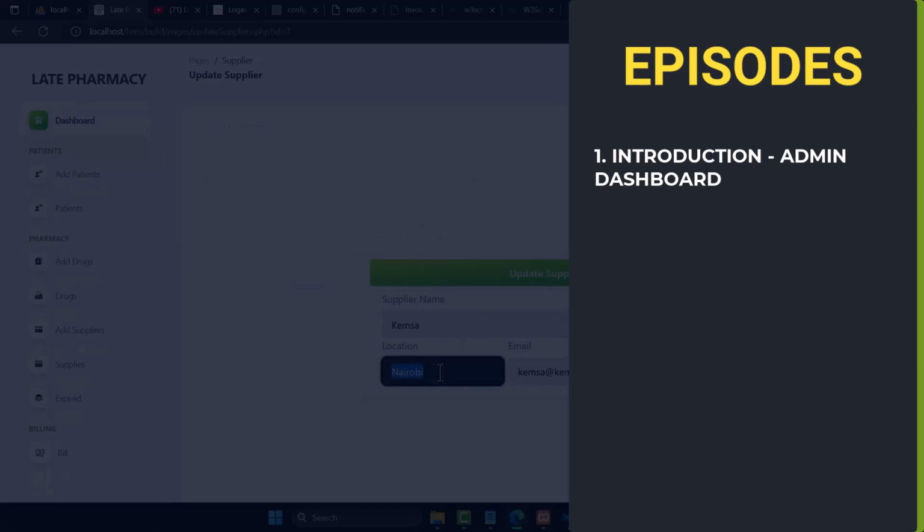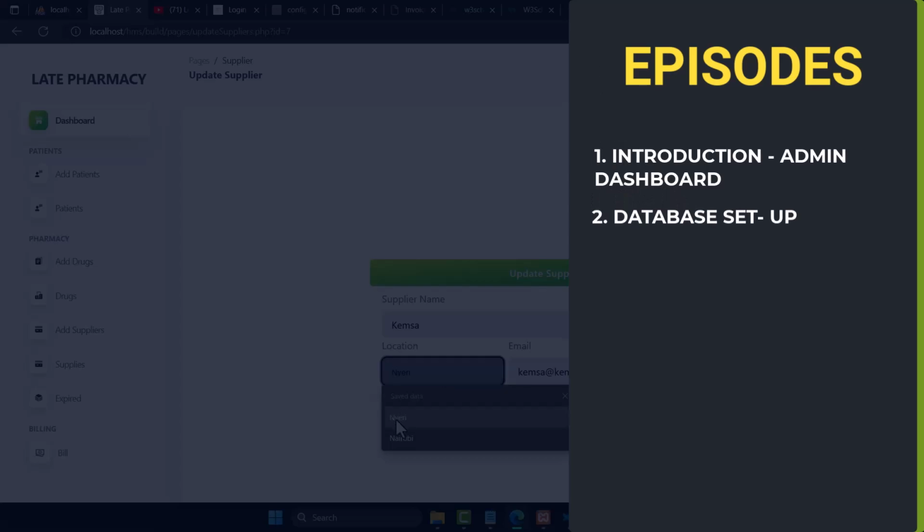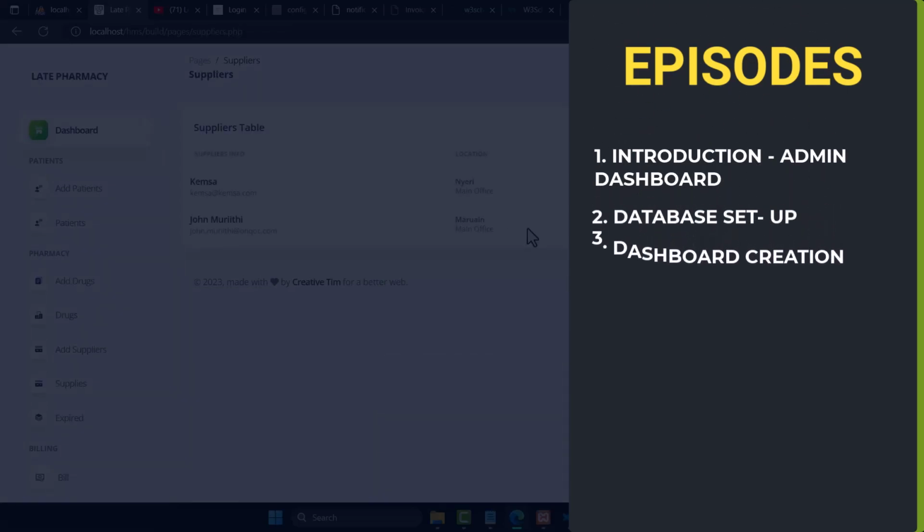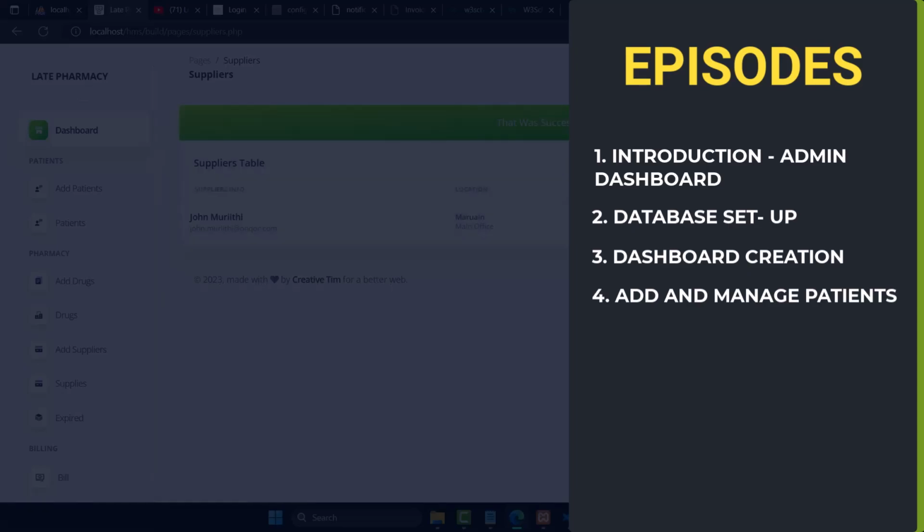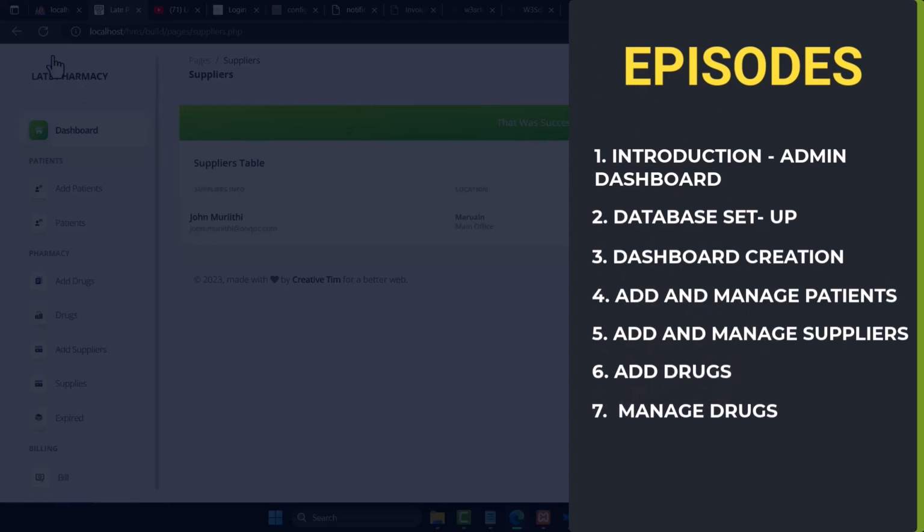In the second episode, we are going to set up the database. Then in the third episode, we'll be creating the dashboard now. And in the fourth episode, we'll be adding the patients. Fifth, we'll be adding or managing the patients and other. In the sixth episode, we'll be adding and managing suppliers. And then in the seventh episode, we'll be dealing with drugs, that is entering or adding the drugs into the system, and also managing the drugs in terms of editing,